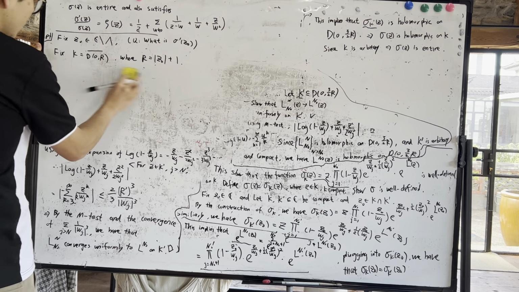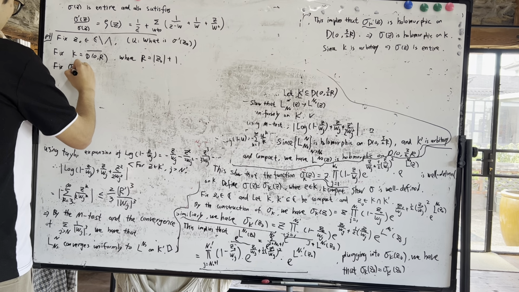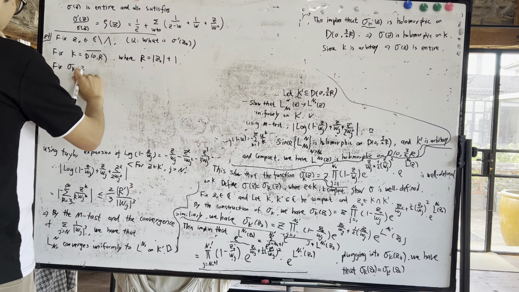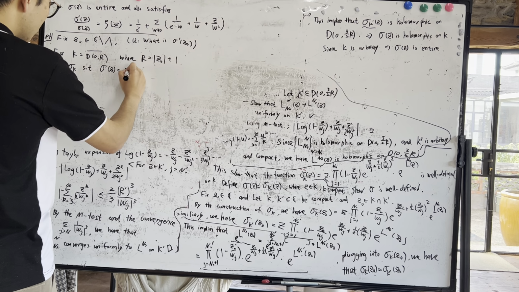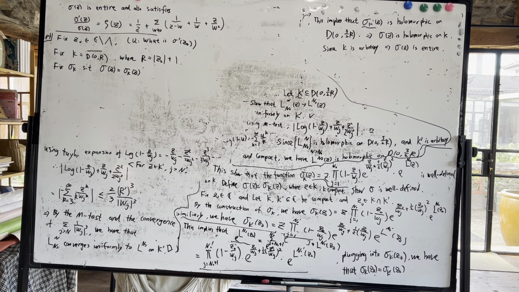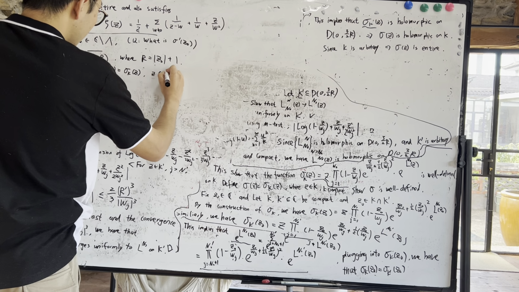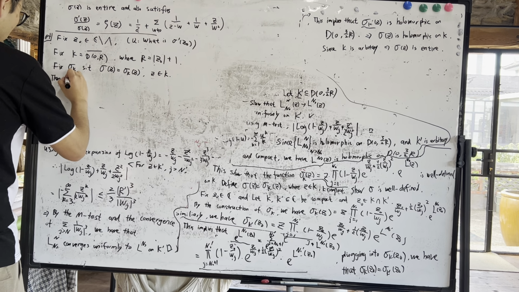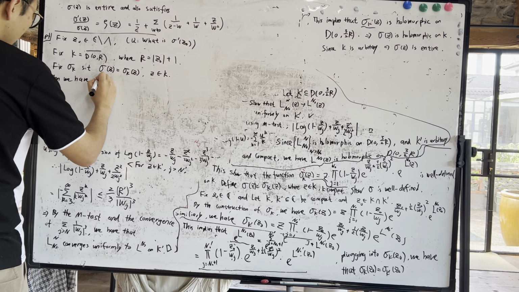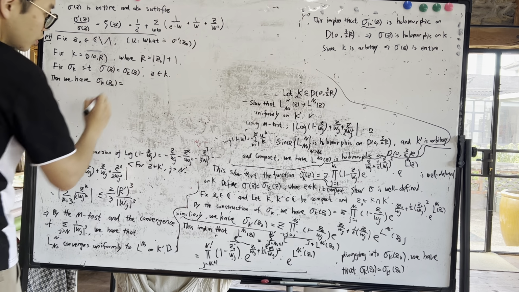So let's fix sigma K such that sigma z is equal to sigma K z for z in K. Then we have that sigma K of z naught is equal to